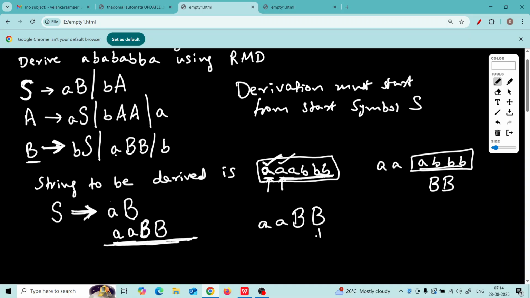Then first you substitute this B and then you substitute this B. That means you are coming from the right hand side, then it is known as rightmost derivation. But in the pending part, A, double B, if you go from left to right and give priority to the first non-terminal and substitute it, then the next non-terminal and substitute it, it is known as leftmost derivation.